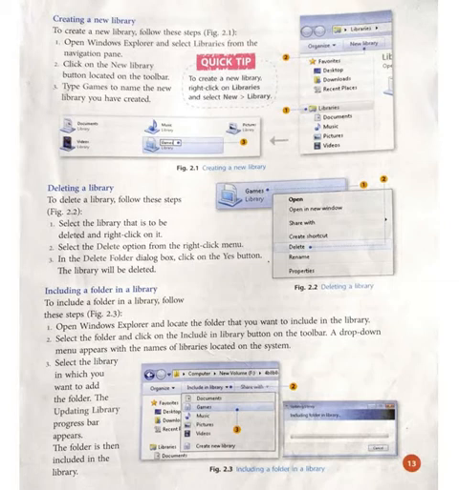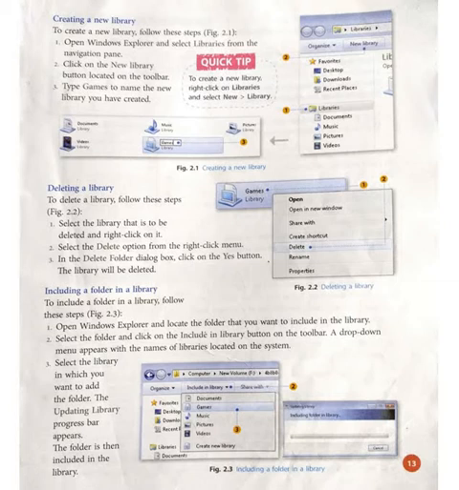Select the folder and click on the Include in Library button on the toolbar. A drop-down menu appears with the names of libraries located on the system. Select the library in which you want to add the folder. The Updating Library progress bar appears. The folder is then included in the library.